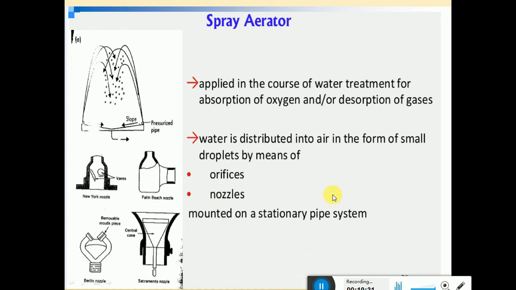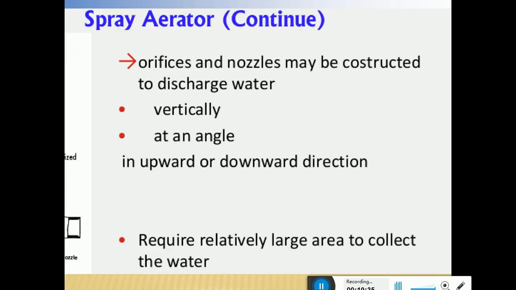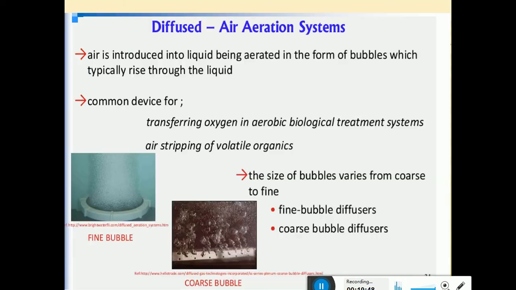So we have the spray aeration system also. Normally the spray aerators are constructed vertically or at an angle, in upward or downward direction, and they require a relatively large area to collect the water. You can see here, these are the fine bubbles and these are the